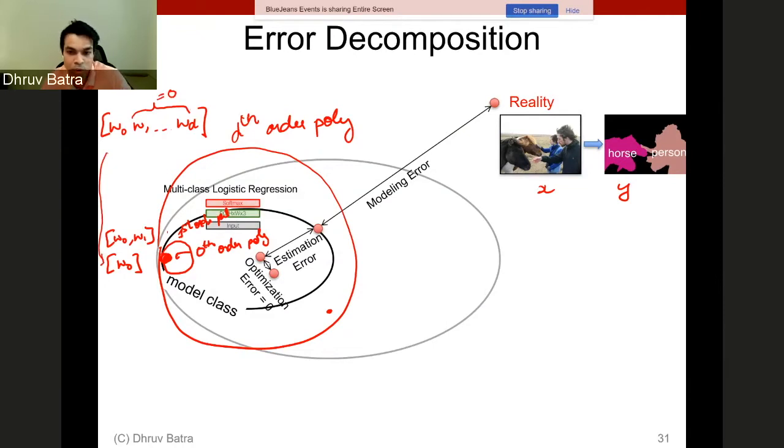And so search in these nested classes has this interesting phenomena that by setting or pushing some of the parameters to 0, I am preferring simpler model classes or smaller model classes. And so that's one intuition of a regularizer, that we can actually express our preference between model classes by trying to penalize the norm of W, for example, and that's what we'll get down to. Okay,